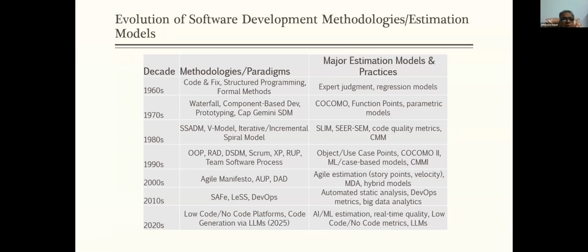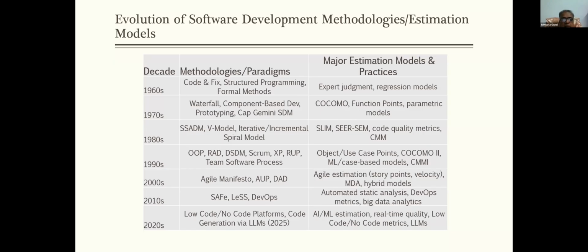It starts from simple methodologies like code and fix, structured programming, formal methods, to more defined software development methodologies like waterfall, Capgemini SDM, prototyping, structured systems analysis and design methodology, V model, then object-oriented programming, rapid application development, Scrum, rational unified process, and to the 2000s where you had Agile, and 2010s we have